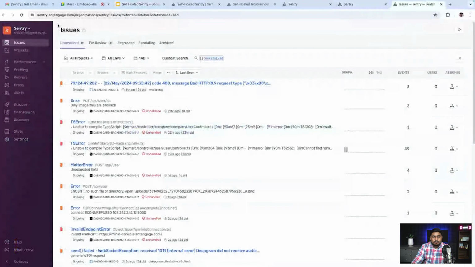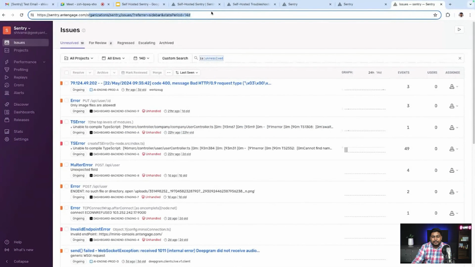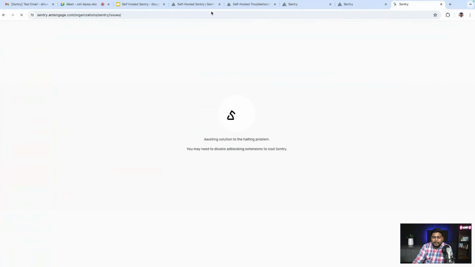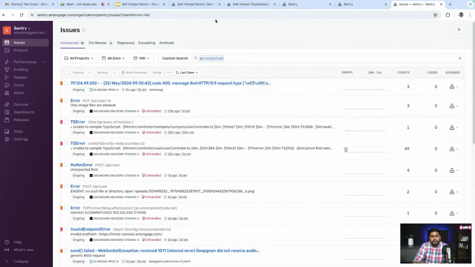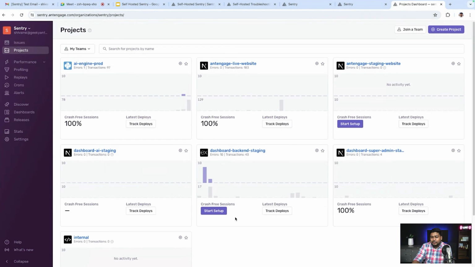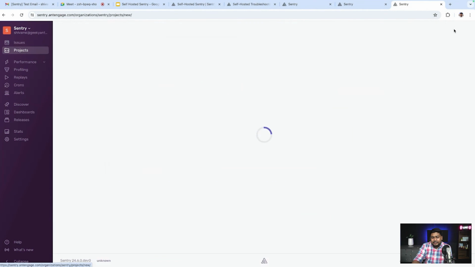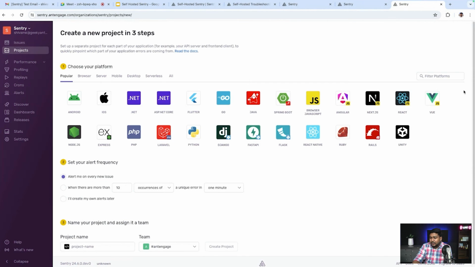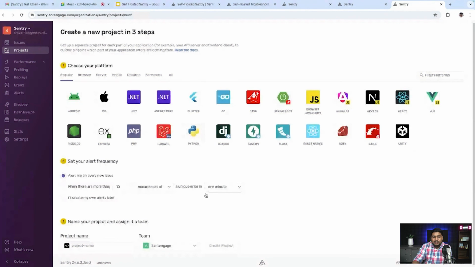So this is my self-hosted Sentry. I am running it on my own infra. The first screen gives me all the issues which I currently have. For projects, you go to projects. I have all the projects. Just go to create project. It supports a wide range of projects in self-hosted Sentry also. You select whatever technology you are using and create a project. You will get a DSN. You will get all the steps to install that code in your application, and Sentry will start